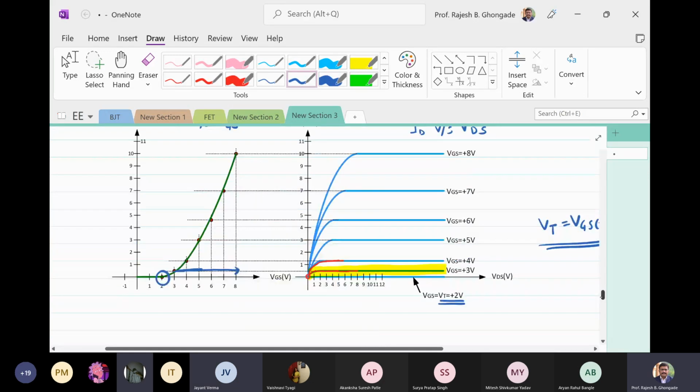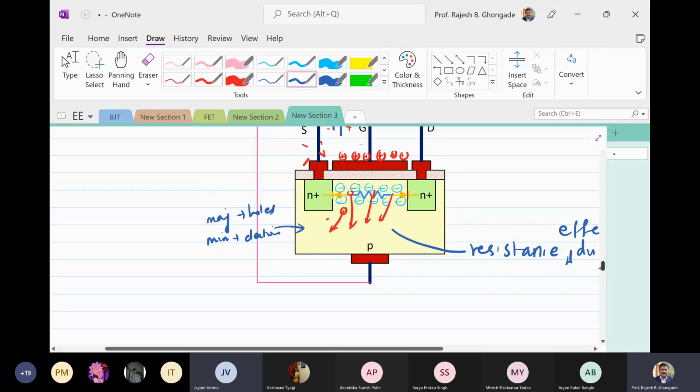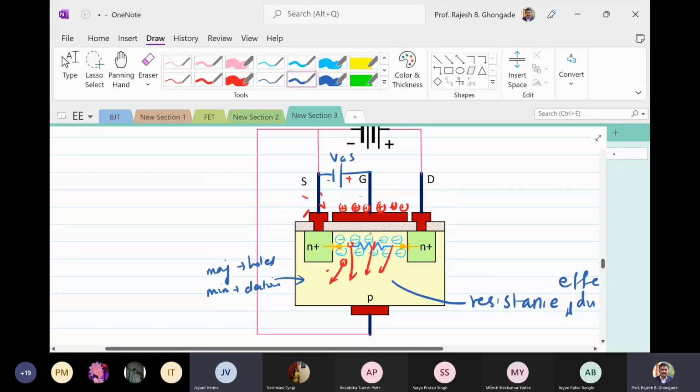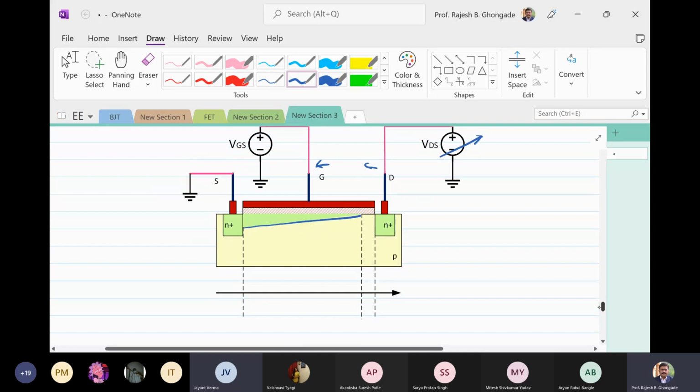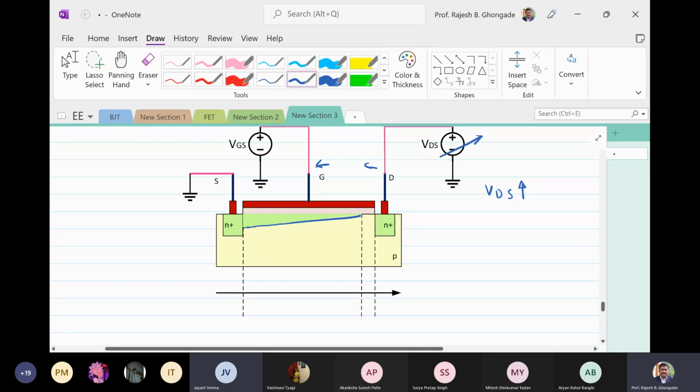Because of this gate becoming positive, this gate is more positive, more number of electrons will be attracted here from the p-type region and you get a formation of the channel. Now the phenomenon over here is that the gate is becoming less and less positive with respect to drain if I increase VDS. So what is going to happen to the channel width? Earlier the channel was very good like this,